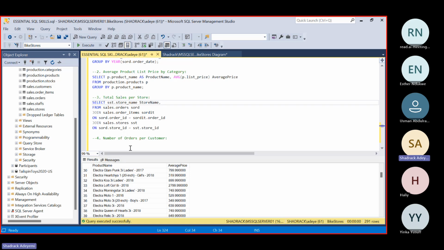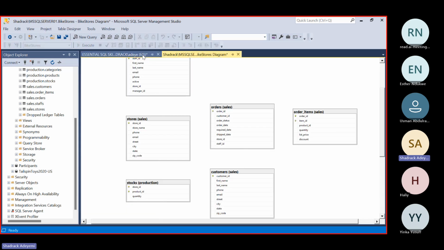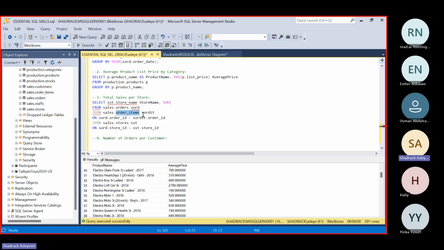And then remember, we're trying to get the total sales, so we're summing up the sales, and the list price is in the sales order items table. So shorten it to be this, pasting this here dot list price, and we could name this total sales.